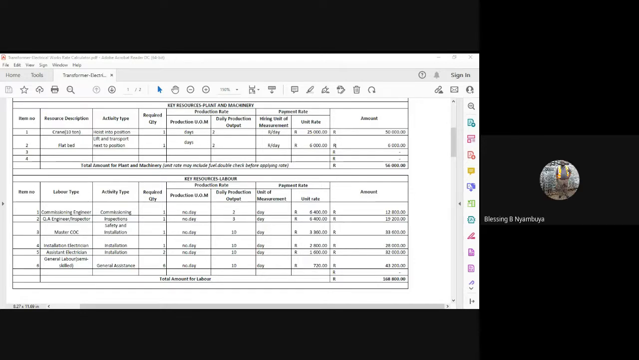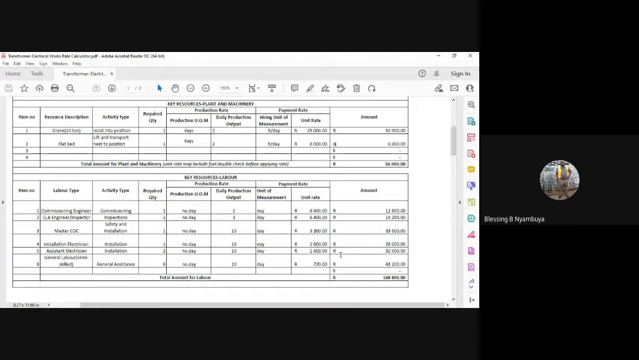All right. Like we've said, the plant and machinery resource has come to about 56,000. What other key resources do we need? We need the human resource, which is the labor. On the labor, we will need a commissioning engineer who is going to be doing the commissioning of this activity. We need one. Their unit production measurement is number per day, their daily production output is 2, the unit of measurement is day, and the unit rate is 6,400. We're saying we're going to be paying this commissioning engineer